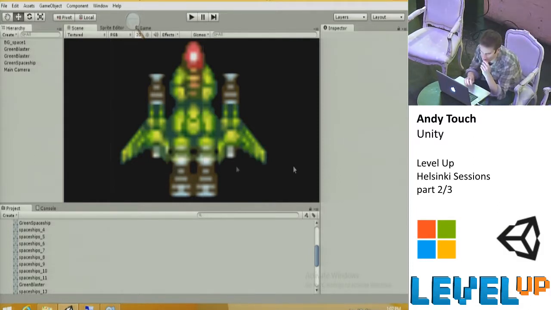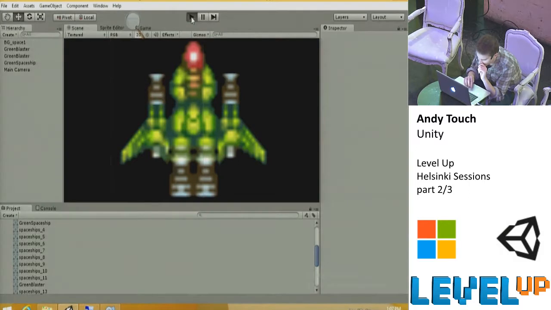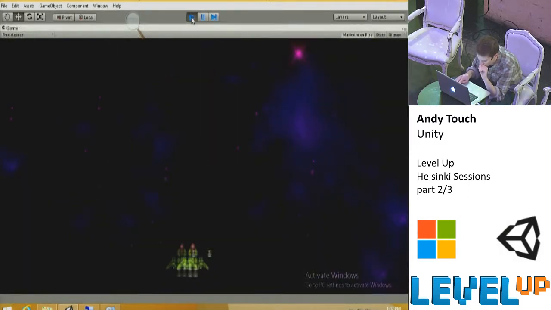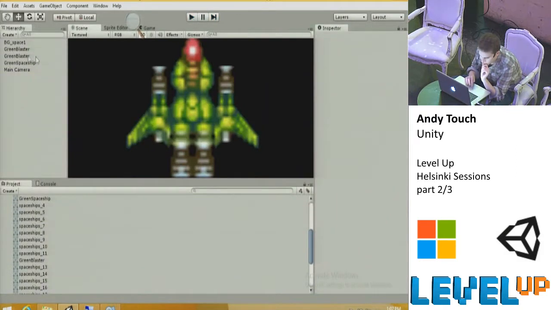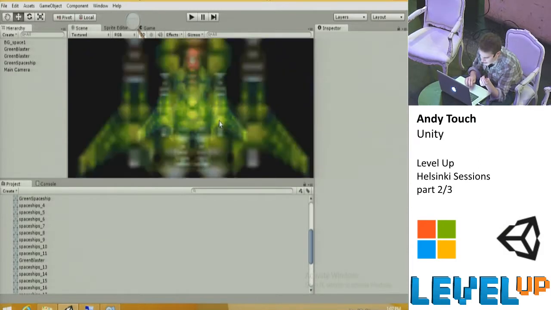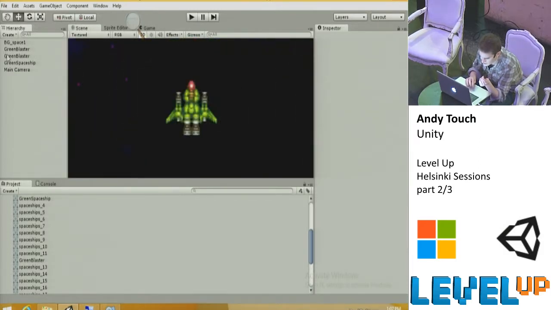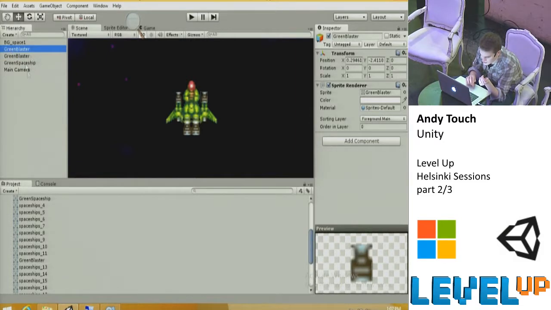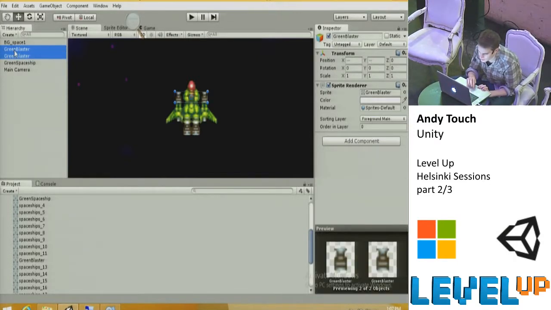Awesome. So what we're going to do with this now is, if I play my game like normal, my blasters are going to sit there and not move with it, which is kind of a problem. I want them to sit along with the ship. The way Unity works is that in the hierarchy, it has all the things building up our scene: our camera, our background, our spaceship and things. You need to say these blasters are now children of the spaceship and inherit where they're going to be. So if you select both blasters and drag and drop them onto the spaceship, like you drag and drop a file onto a folder,